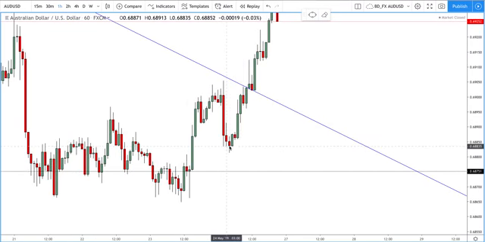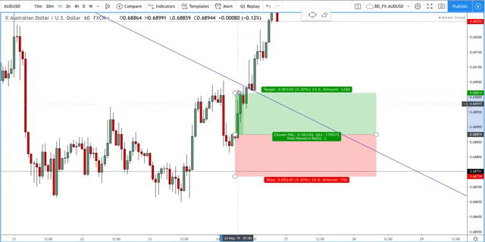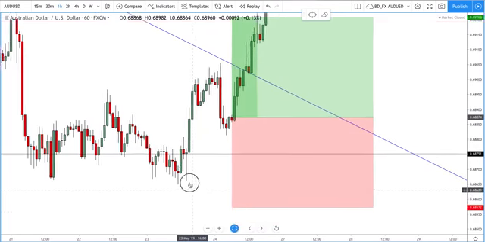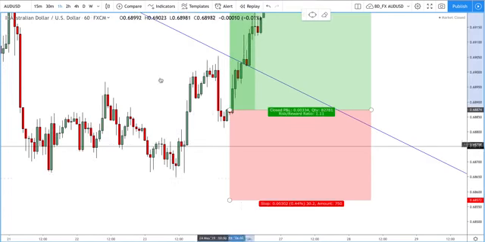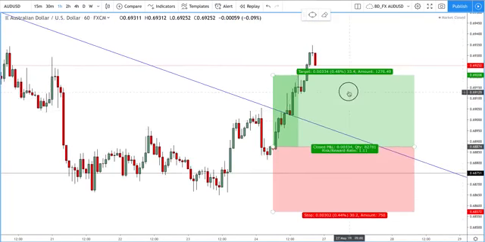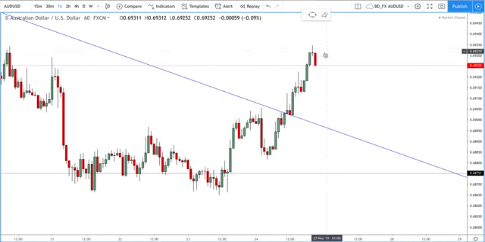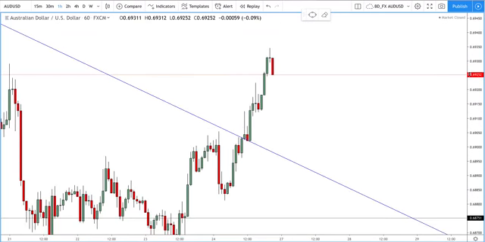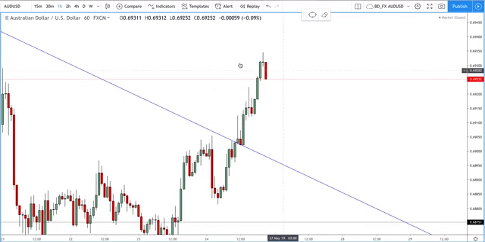So we were around this level, then we had that 1-hour bullish engulfing, and there was a nice place to take a long trade, and even if you had your stop loss there, I did explain to have it slightly lower, just below these lows. At the moment, we're running in good profit on Aussie dollar, but we have just seemed to have reached a peak. If you remember what I said about morning star and evening star formations, this is a perfect evening star formation here. 1, 2, 3. Bullish candle, doji, and a bearish engulfing. So I am expecting from this level to see price reverse back to the downside slightly.